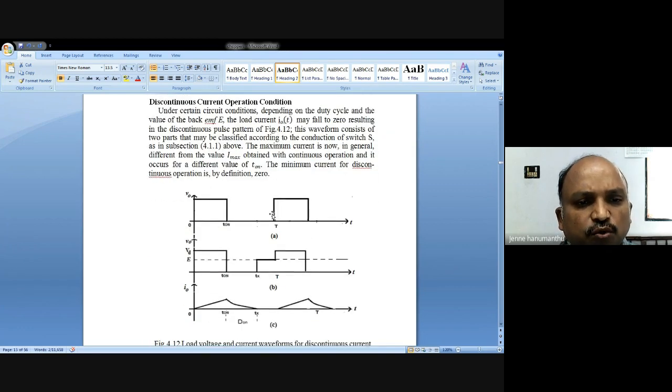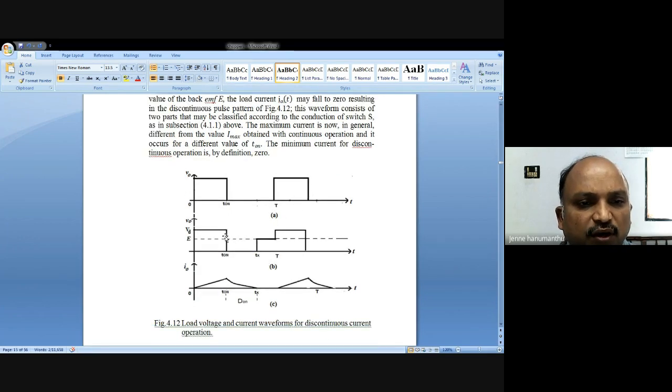We can also represent the same with a back EMF added. This is the back EMF. Actually, this is the V naught we are observing, and in this V naught there should be a back EMF. When we studied resistive load, at this point we could expect the average value, but here you can expect a back EMF value.